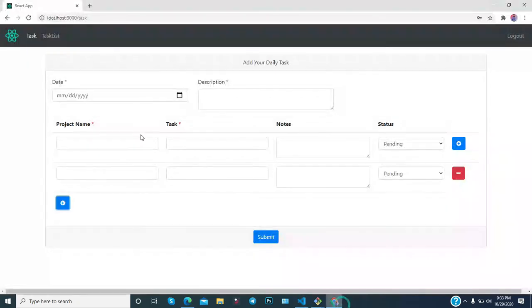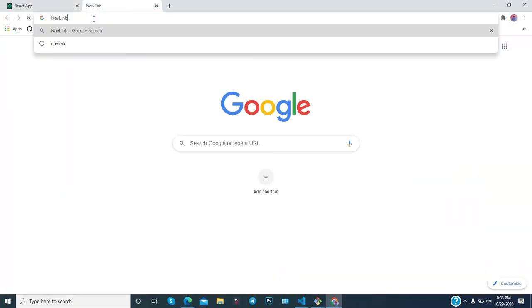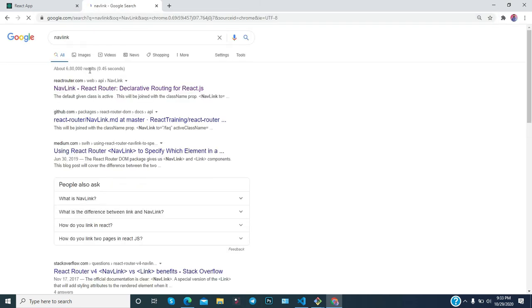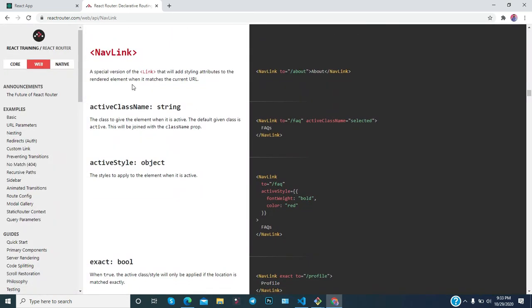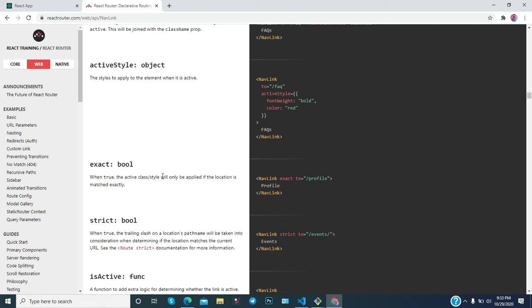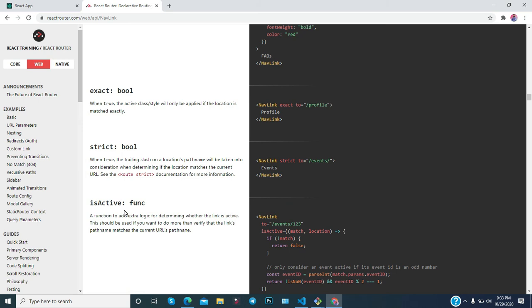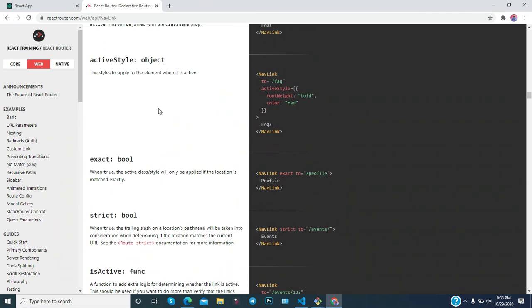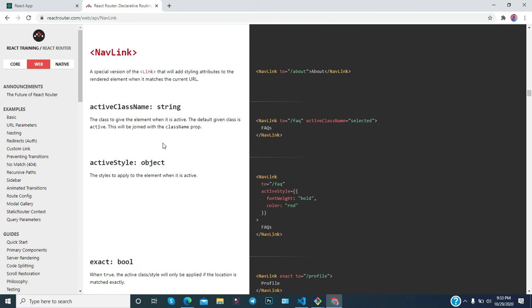If you search for it on Google, you will find it in a better way. This is reactrouter.com. Basically, NavLink will provide you some important properties like activeClassName, activeStyle, isActive, which you can utilize to add more functionality to the link.